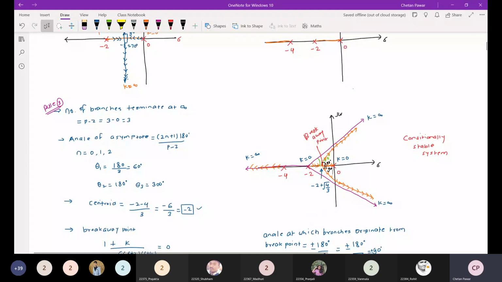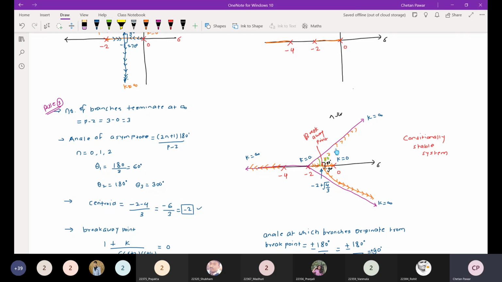Okay, so you see that after adding the pole at -4, the root locus branches are moving into the RHP. So after varying the gain k from 0 to infinity, these branches are moving into the RHP. So we can say that this is a conditionally stable system. Why is this a conditionally stable system? For a certain value of k only, the closed loop poles are lying in the LHP. Okay, when that certain value gets crossed, so what is that certain value? So the value at this point.